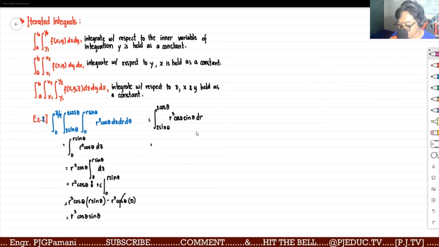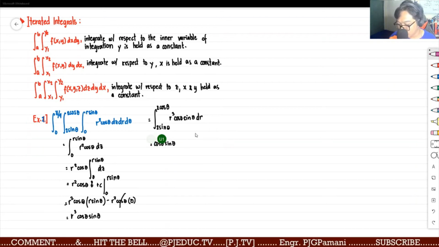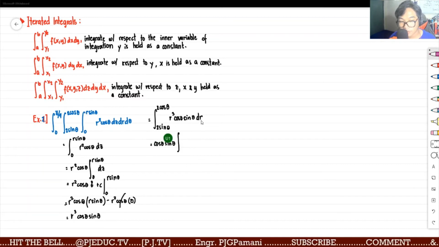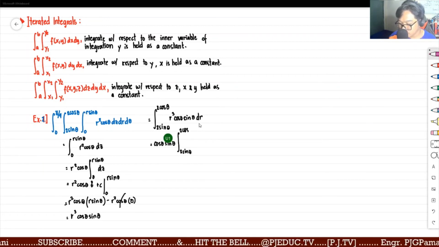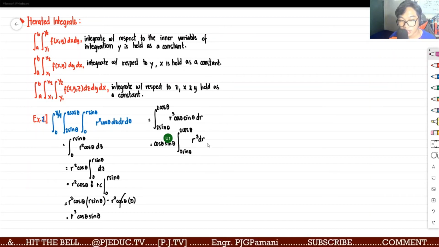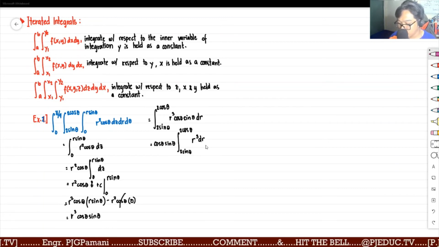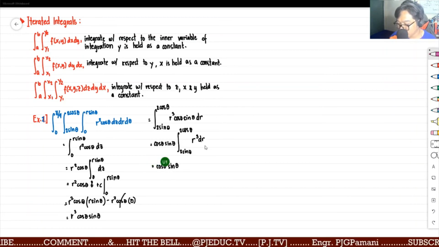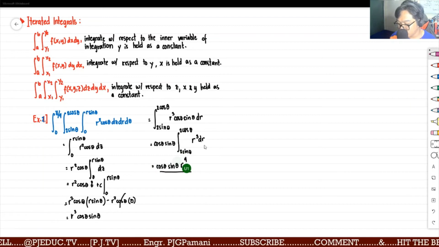So, let's take out cosine theta and sine theta, then integrate, because they are constant with respect to r. Integrate with respect to r, where our variable concern is r cubed dr. So with that, that is an integrand of r cubed dr. So we'll then perform the power formula. So cosine theta times sine theta, power formula, r cubed, so 3 plus 1, that is r raised to the 4th, all over 4